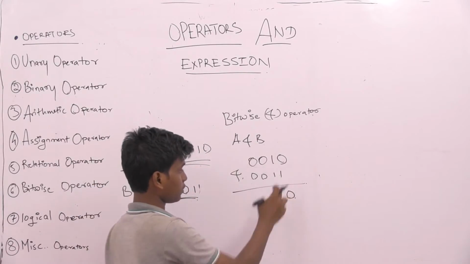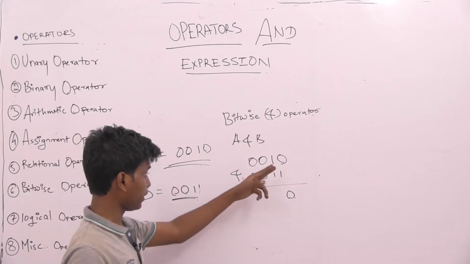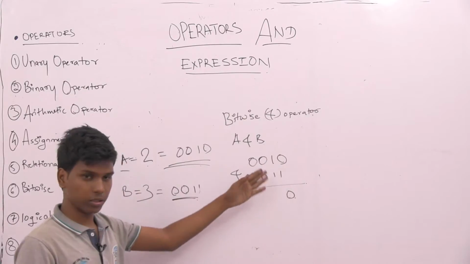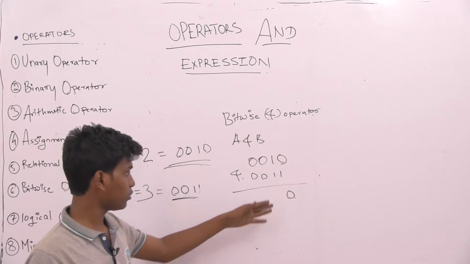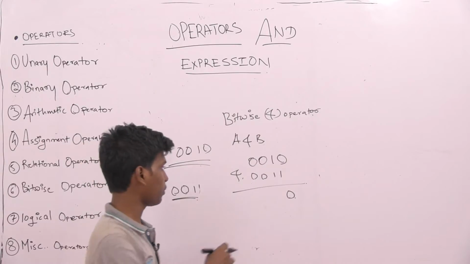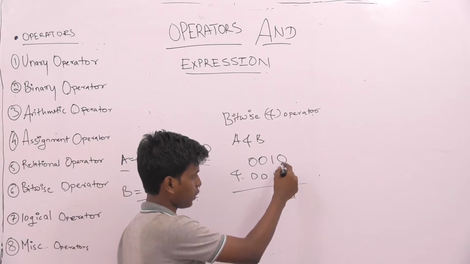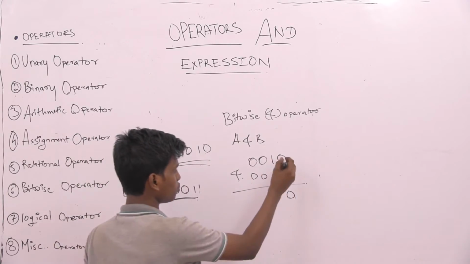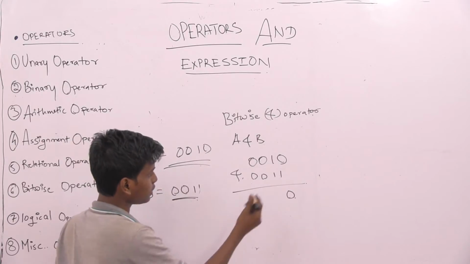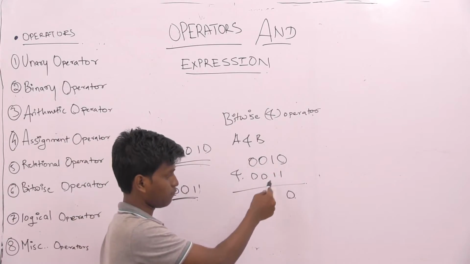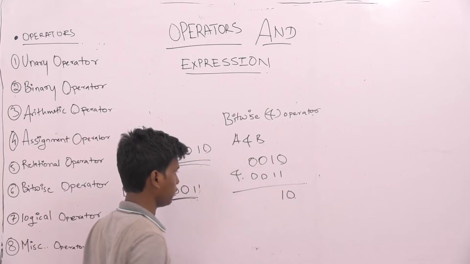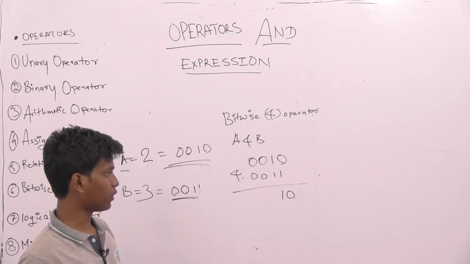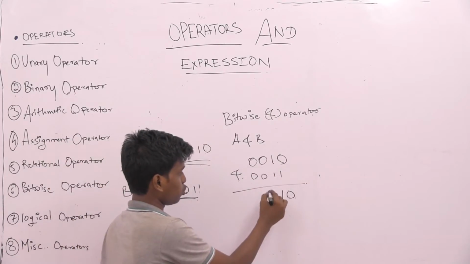Now if we see here, 0 and 1 is 0, as we have seen in the table. That is, we have taken the conclusion that if the value of any of the variables is 0, then in bitwise AND operator the value becomes 0. जैसे कि हमने देखा है पहले कि bitwise AND operator में कोई भी वैल्यू 0 रहा, तो उसका वैल्यू 0 रहेगा. Similarly in bitwise AND operator 1 and 1 is 1, as we have seen before in the table. जैसे कि हमने पहले देखा है टेबल में कि the value 1 1 रहेगा and 0 0.